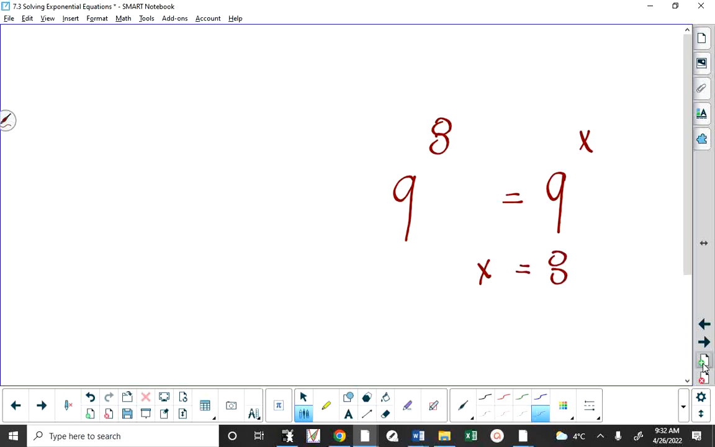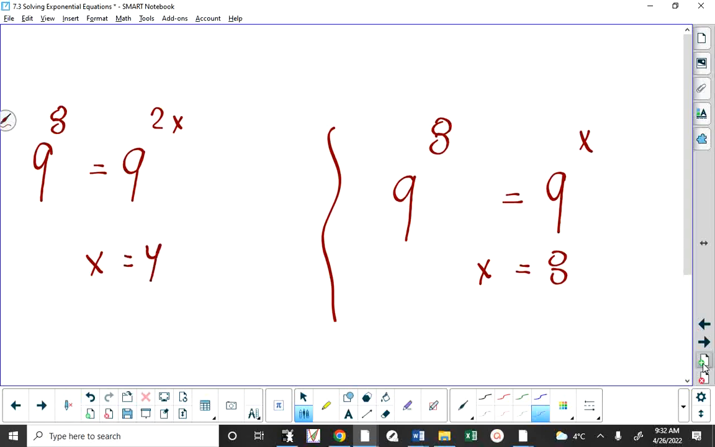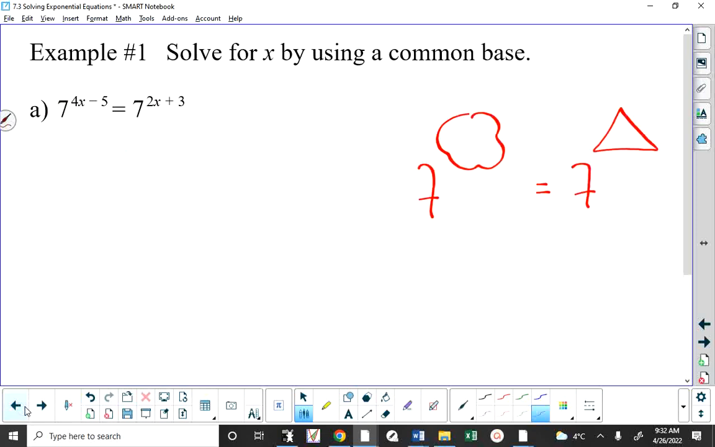If I told you, on the other hand, 9 to the 8 equals 9 to the 2x, what would x have to be? Well, it has to be a number that will give you the same exponent of 8, which would mean here x would be 4. So when we go, this is really important for a written response, when you go from this equation to this statement,